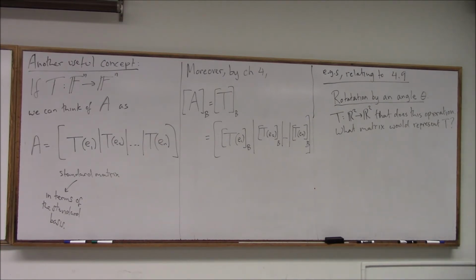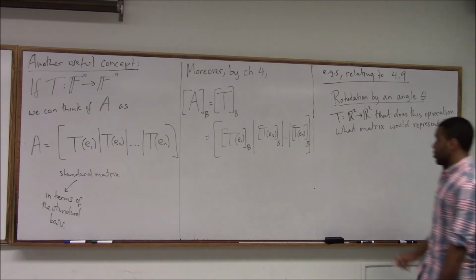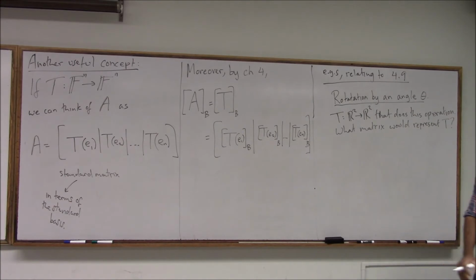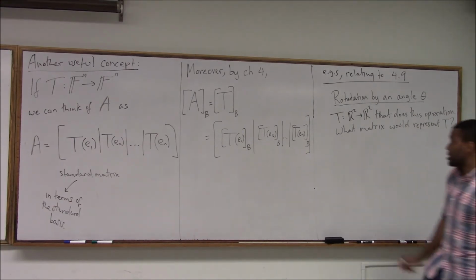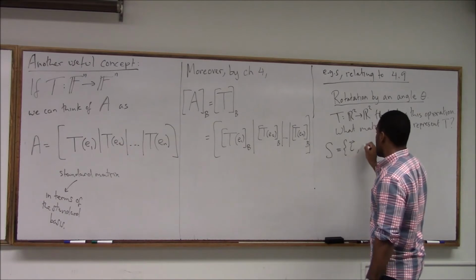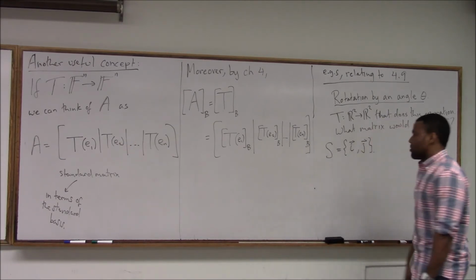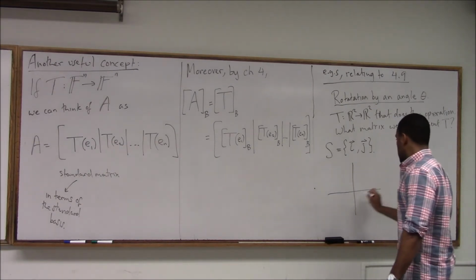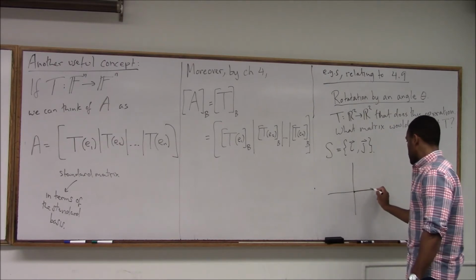So it's a linear transformation, which means there has to be some matrix. So all you have to do, by this idea, which is a very useful idea to have, is figure out what T would have to do to the basis vectors. We know that the standard basis for R2 is the i vector and the j vector. So if I can figure out how a rotation affects i and j, I can figure out how a rotation will affect everything. So if you look, for example, at the i vector that goes here,